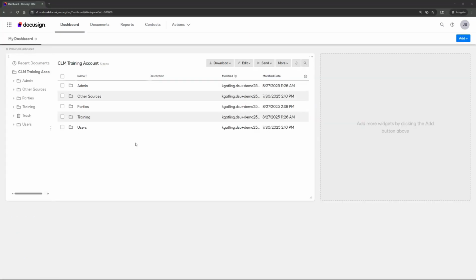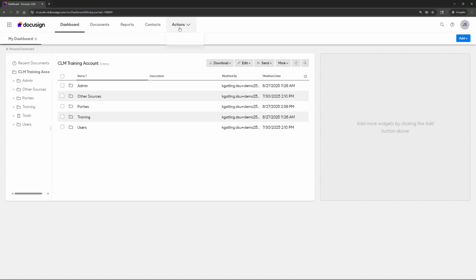Now using an incognito window, I've logged in as this user to verify what they see. As soon as I logged in and switched over to CLM, I land on my dashboard page, since this is now the home page, whereas previously it was Documents. And I can only see Dashboard, Documents, Reports, and Contacts, as well as Actions. Tasks and Personas remain hidden to me.